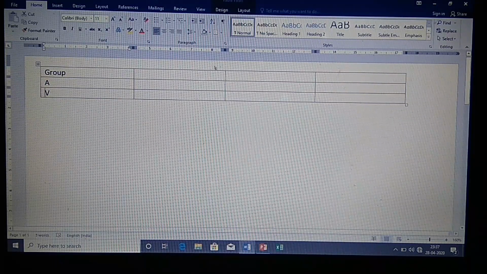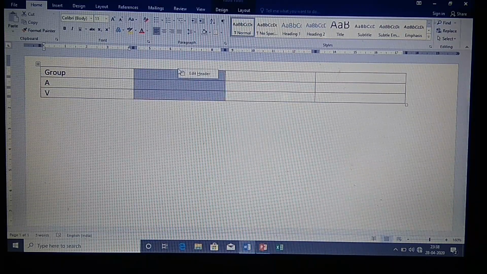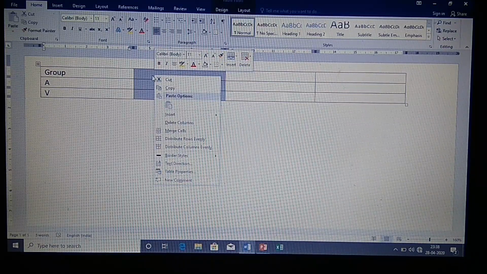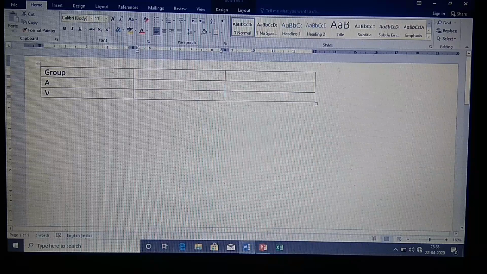If you want to delete one column, you can come to the topmost part of the table and right click on that. It will select that column. Then right clicking on that will give you the shortcut menu. You can select Delete Column from there and your column will be deleted. Now we have 3 columns and 3 rows.